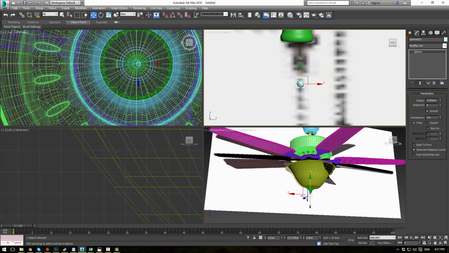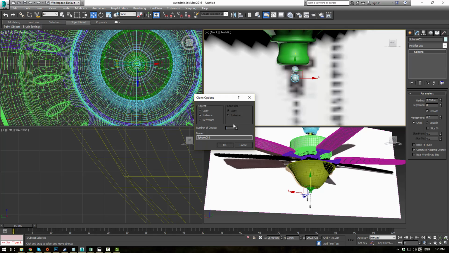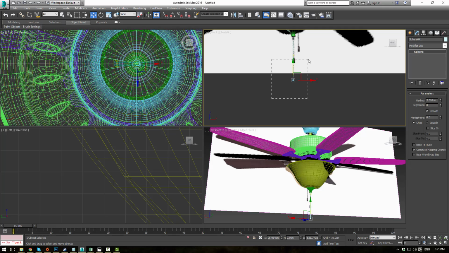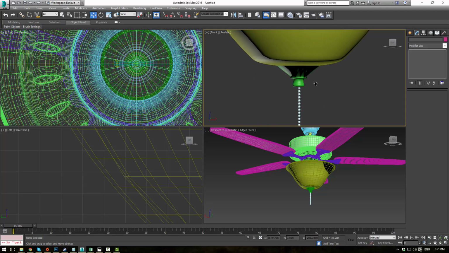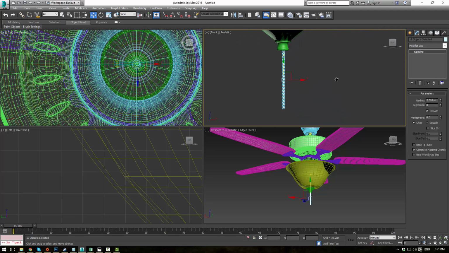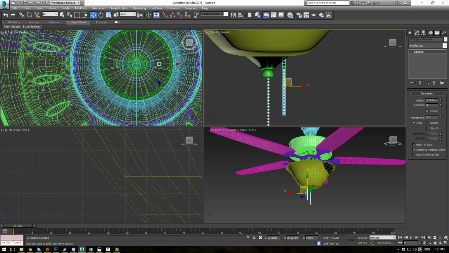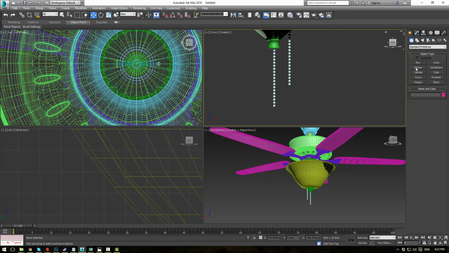Kind of about here. Okay, and sort of align it up, and let's just do that, and we'll give it maybe 40 copies of it, and then just delete it to about the right size. Perfect. Alright, and that should be just about pristine. Now what we want to do is grab those same little things, shift drag up here, and just place them in there. Alright, now what we can do is get a sphere